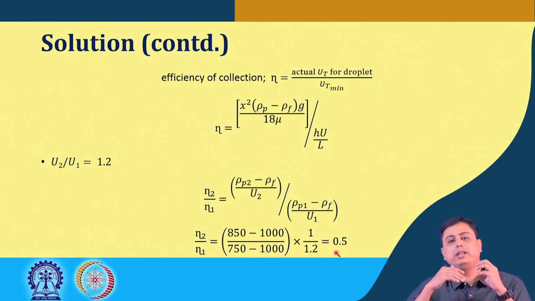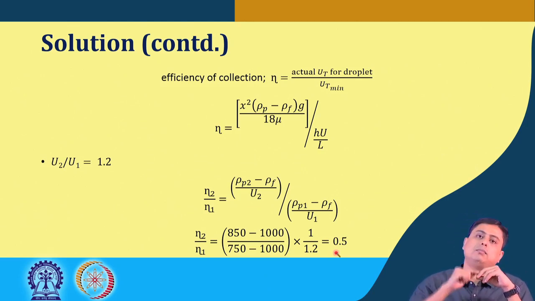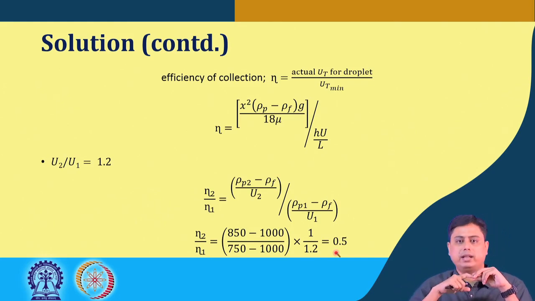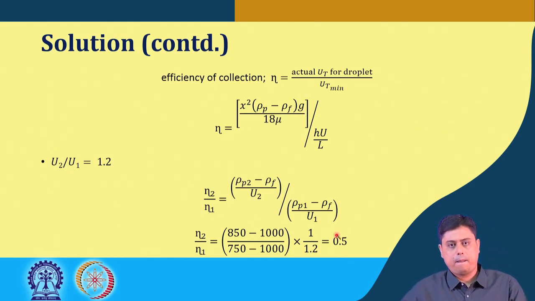And also, since you are increasing the droplet density, the relative density changes, it is reduced, the terminal velocity gets reduced, it takes much longer time to reach the vertical distance, and this is the number by which it will be reduced. I hope this concept linking the terminal velocity with the separation is clear.